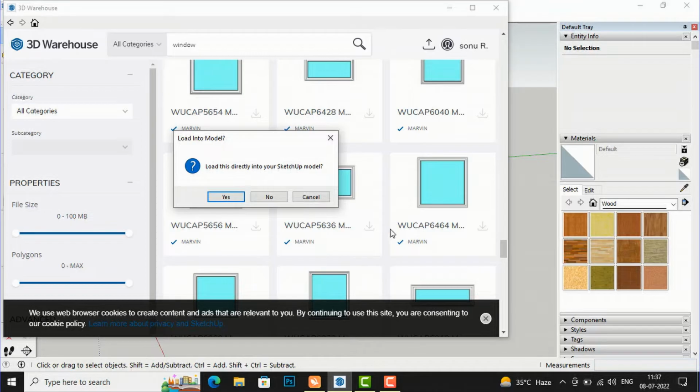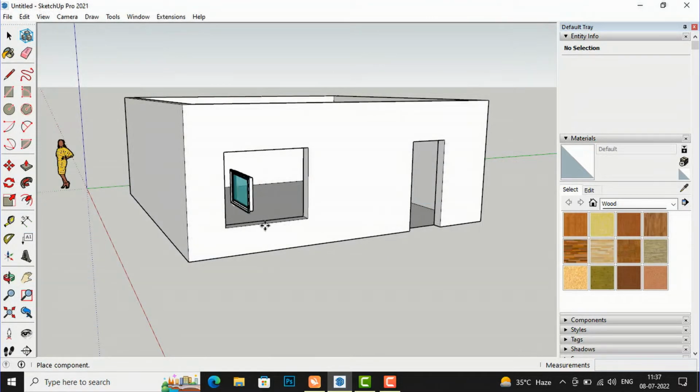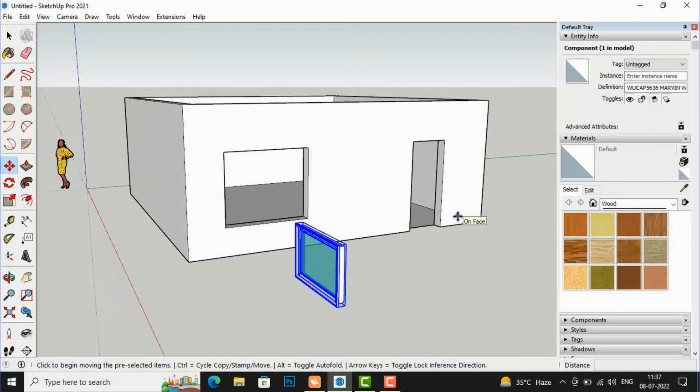I want to directly load it into my SketchUp model because I am working. So I will select yes. If you want to save to your folder, you can select no. So I want to directly load this, and now I am going to rotate this, and I will go to